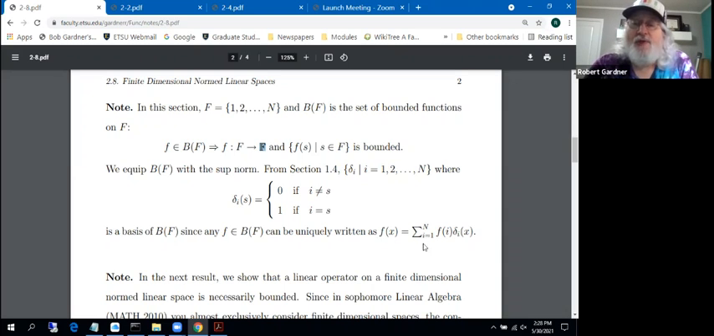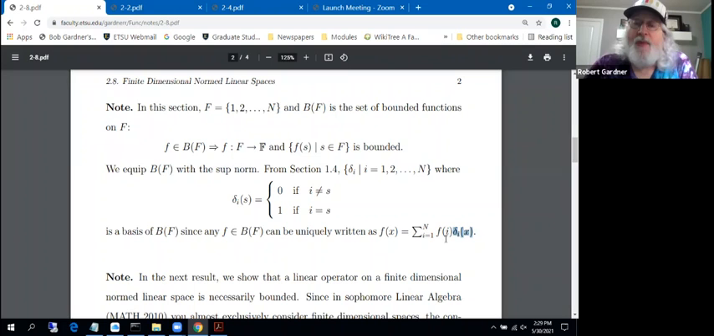And what we do, say, when i equals 1, we pick out f of 1 times delta sub 1 of x. Well, delta sub 1 of x is going to be 0 except when x equals 1. So when i equals 1 and x equals 1, we'll get f of 1 equals the sum from i equals 1 to capital N of lowercase f of i times delta sub i of 1, which really just reads f of 1